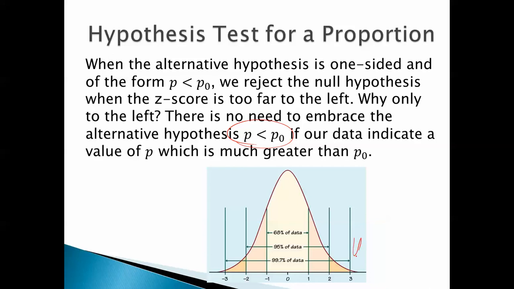So if you get a z-score way out here, which corresponds to a large value of p, you're not going to embrace that alternative hypothesis, which says that p is small. p is less than p sub 0. You would only embrace this alternative hypothesis if you get a really small value of p, so something out here. So thus,